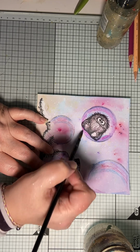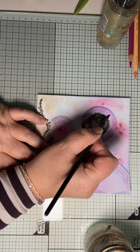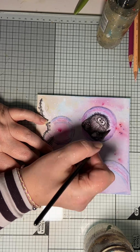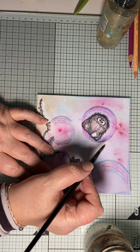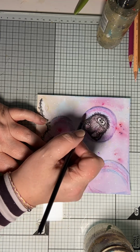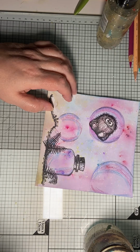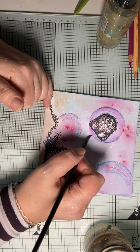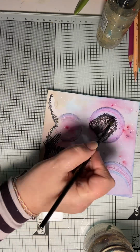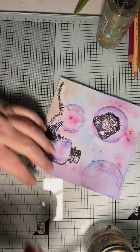Oh, this monster's so cute, isn't he? Stinking cute. A bit more of that pink. Yeah, I was a little bit heavy-handed with that pencil there, I can see. And I've got some little lines in that pink. But I think I'll be able to disguise my heavy-handedness. So that's number 1. I like where that's going. I've just got a slightly drier brush, just tidying up that edge. Yeah, I did go too heavy with that pink on there, but it's all good, and it's all